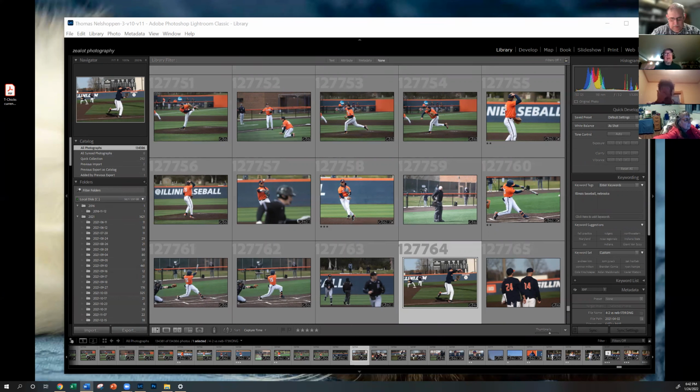To me, Lightroom's real advantage is its organizational features, how you can organize your photographs. You can rate and cull your photographs a lot easier using a program like Lightroom, and